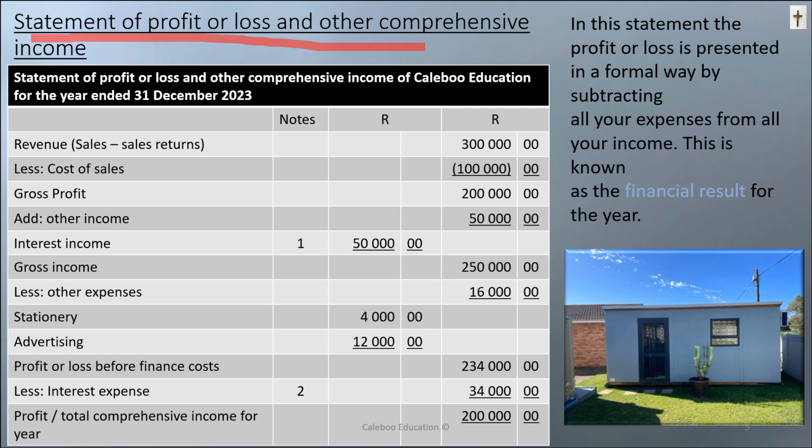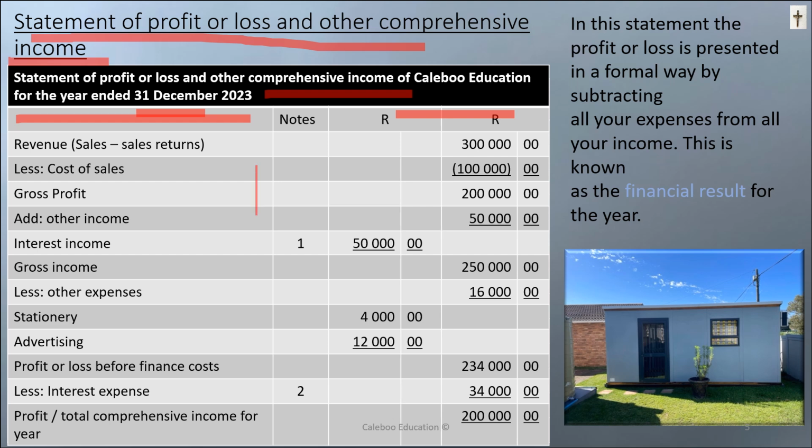At the end of your financial year, you're going to draw up a statement of profit or loss and other comprehensive income. You might know this as an income statement. And this is done for the year you are looking at, for your financial year. So in this case here, the statement of profit or loss of Caliboo Education has been drawn up on the 31st of December